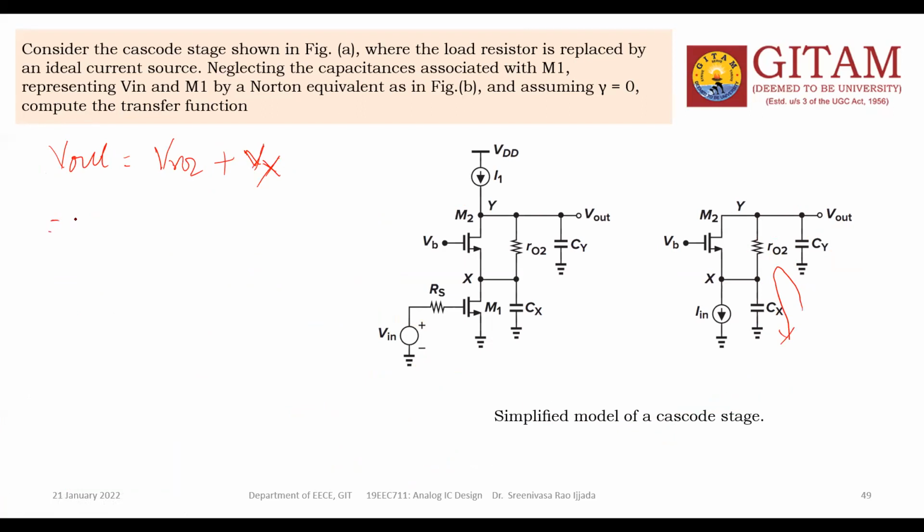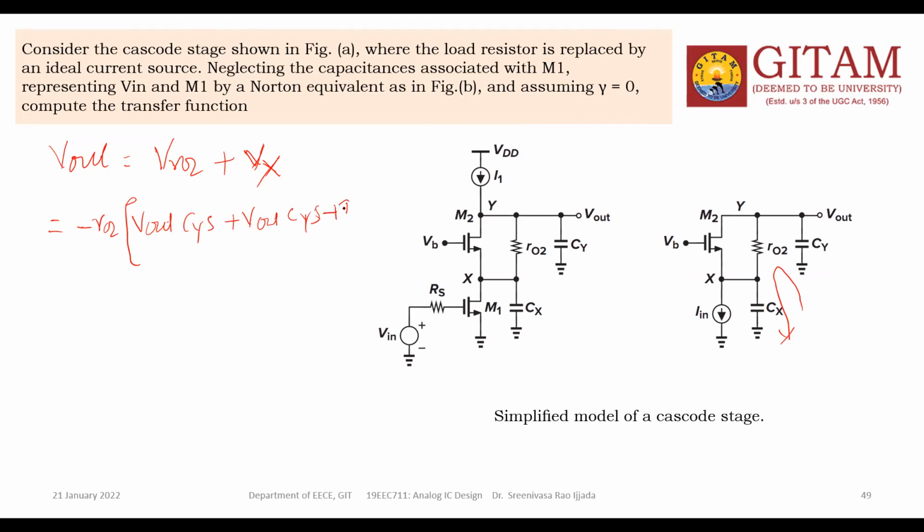So that is equal to minus R02 into the current to the R02, which is Vout into Cys plus gm2 into Vout into Cys